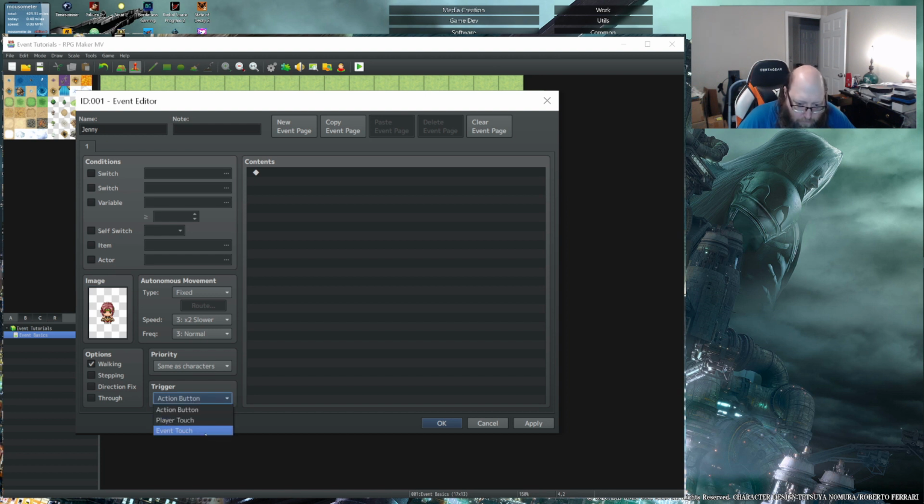There are some other options like player touch, which means that when the player runs into the event, the event will run. There's event touch, which means when the event hits the player, the event will run. This has some really weird restrictions on it. The event has to be on the same priority level as the character. So if you're trying to create an event that's above the player, that's flying, the best example I can think of at the moment is